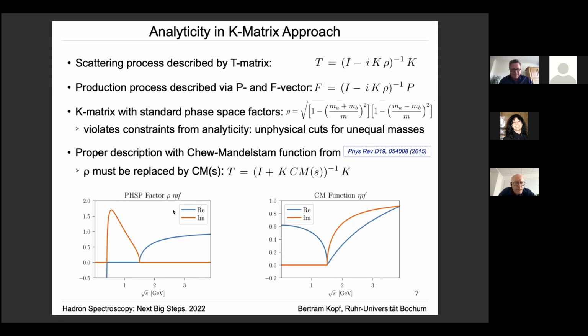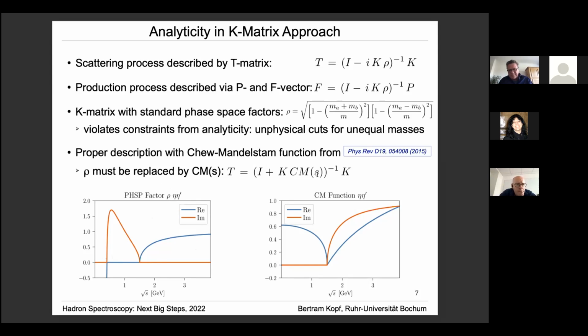This can be seen here in this histogram. This is an example for the eta prime channel. When you are above the threshold, everything looks fine. This is the normal behavior of the phase-space vector. Then if you turn to below the threshold, the real part gets imaginary. This looks also fine, but at a certain point, the sign changes below the square root again, and the imaginary part gets real again, and this is then completely nonsense. And if you then compare this eta prime channel with the pi channel, and you project all the things to pi, then you get really wrong results.